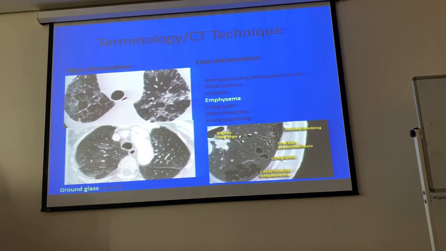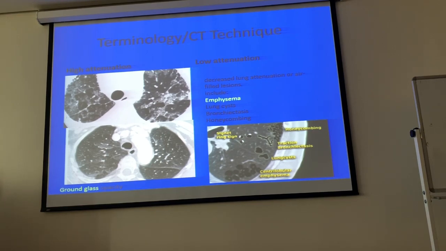Now on the CT, when we do CT, we do 5 millimeter thickness cuts. 5 millimeter, then we go down 5 millimeter, then 5. But in high resolution CT we take 1 millimeter, and that's why we call it high resolution. That gives you very good anatomy and a very clear surface of the lungs, and you can diagnose whatever disease